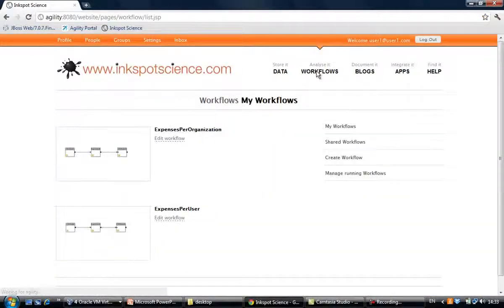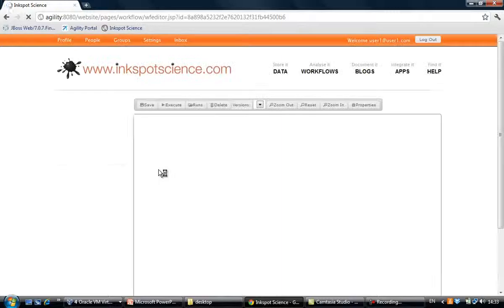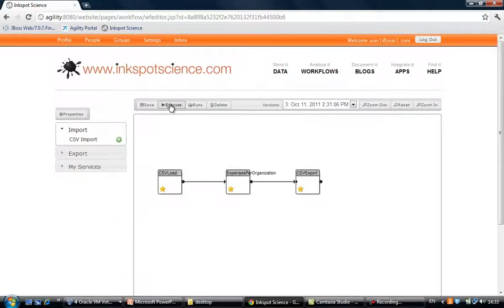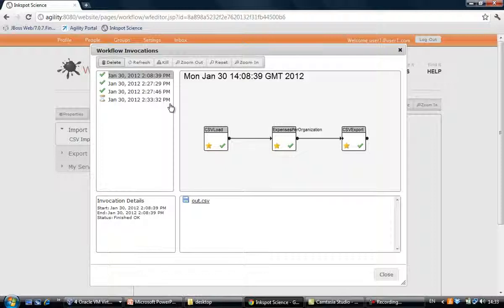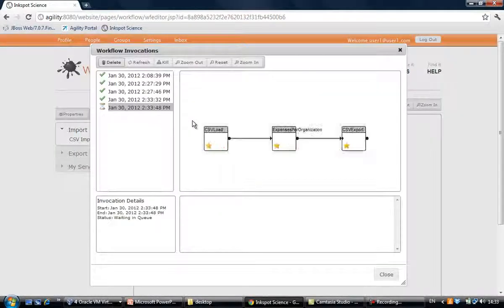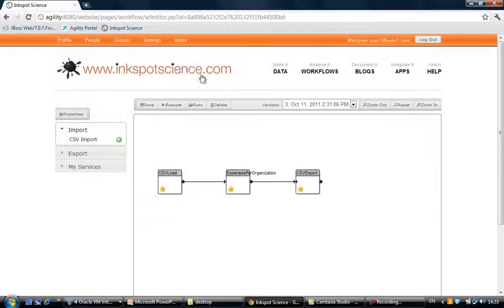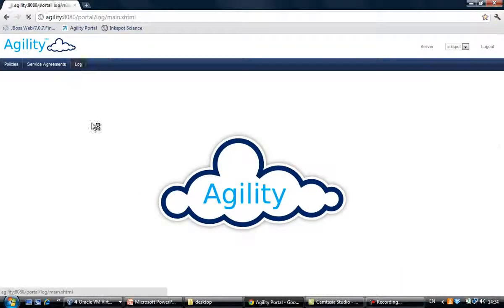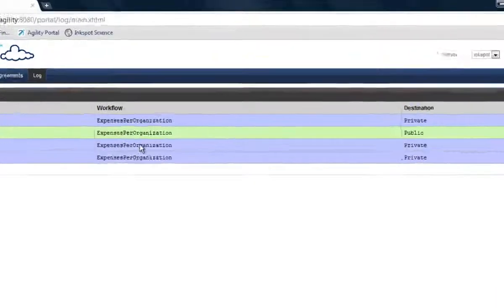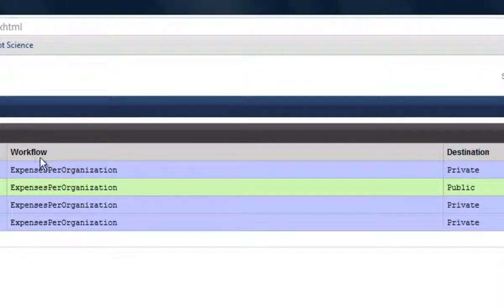And now if we return to our Inkspot portal and return to our workflow and we execute it, once again we'll execute it twice. Execute it again, and it's completed. We'll now return to the Agility portal and see where that work was actually deployed and where it executed. So if we look in the log for Agility, this time we can see that the last two workflows to have been executed